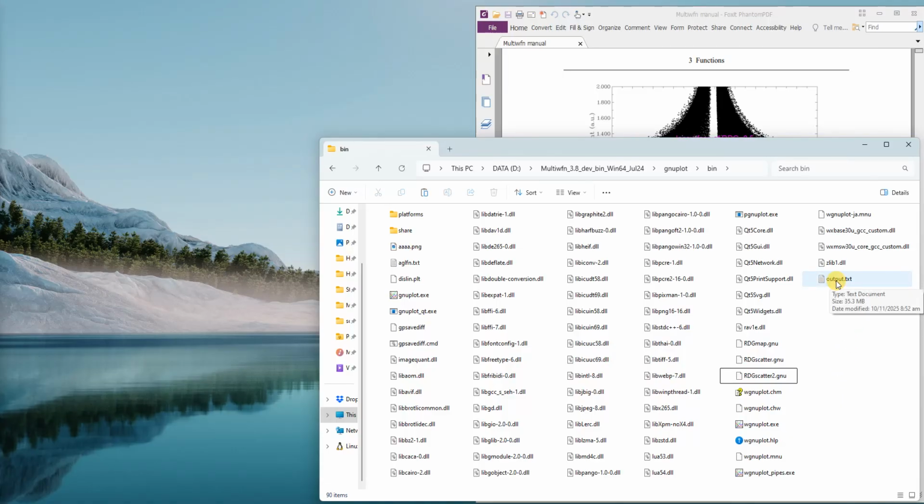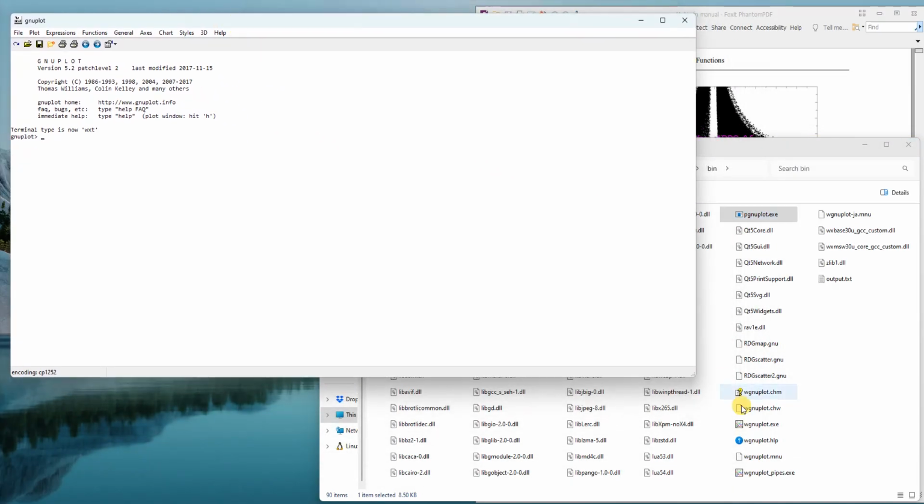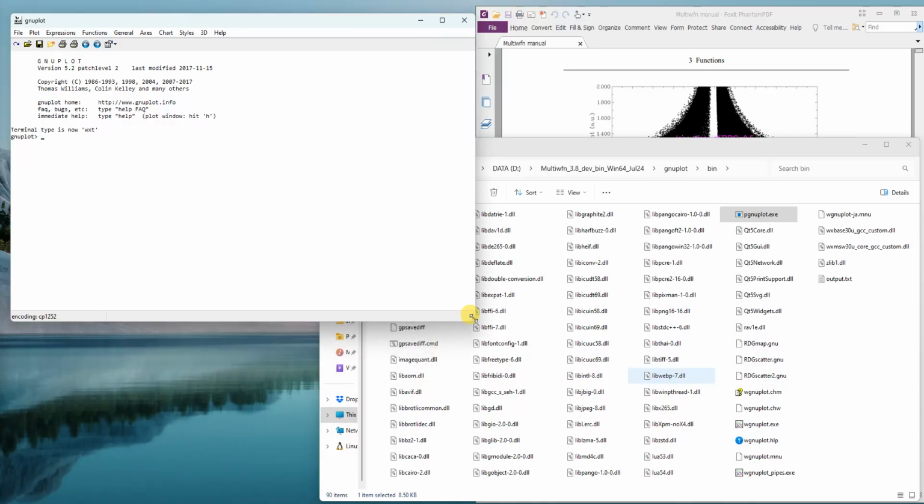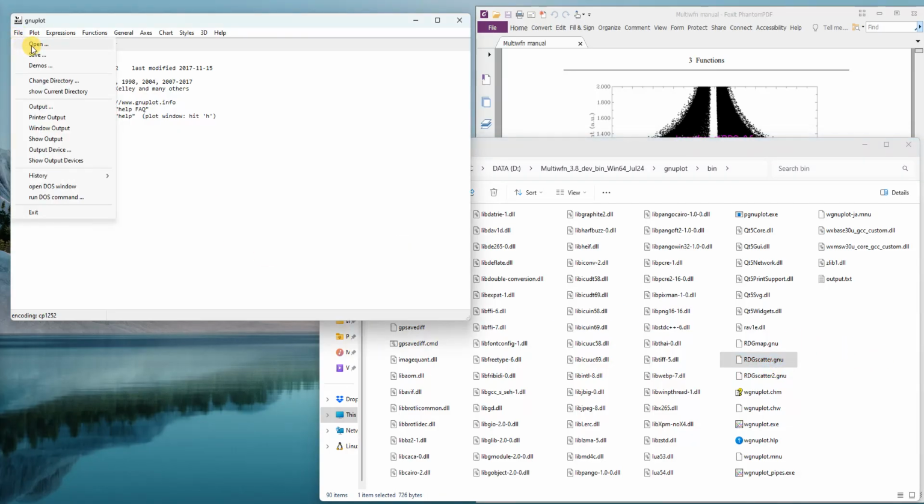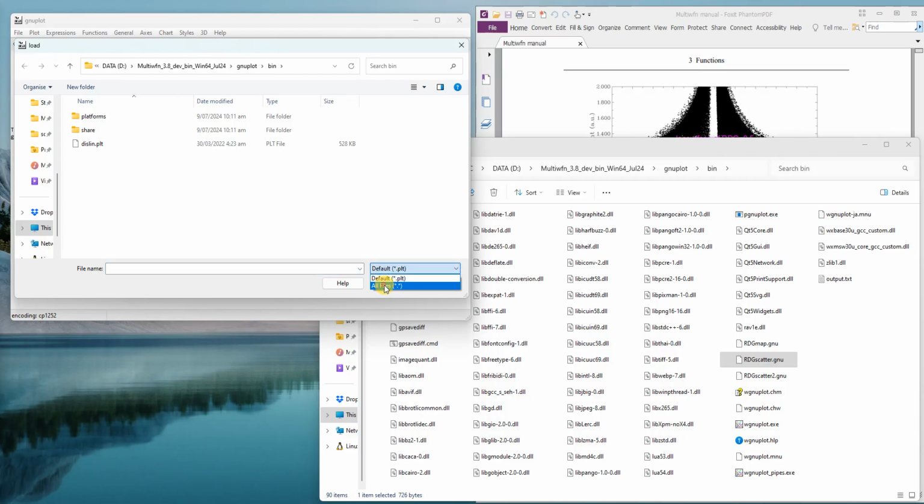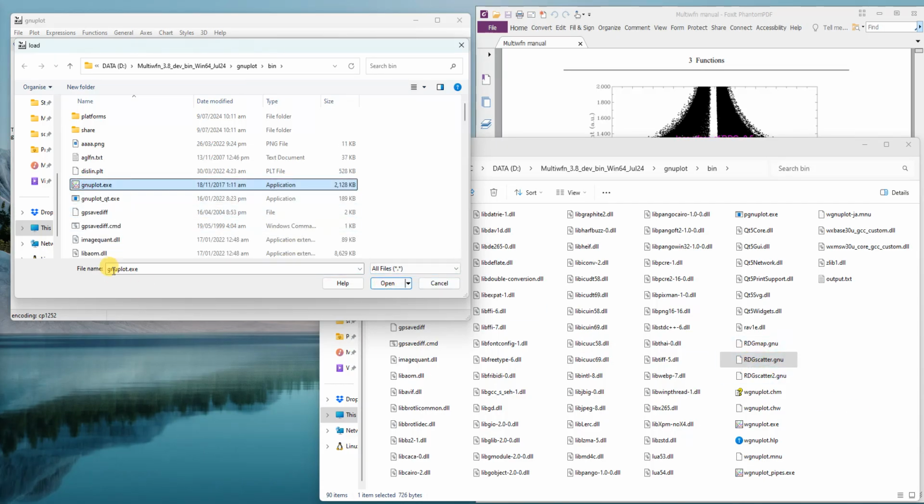Now we have the output.txt file here, and we have this script, rdgscatter.gnu. If that script is not present, you can find it in the Multiwfn examples folder and copy it here. So I'll open this Windows version of Gnuplot. This is a graphical Gnuplot. If you want, you can also use the command line one. On the command line, you'll just call gnuplot and then the name of this script, and it will do the rest of the job. So if you go to File, Open, and All Files, we'll find this script,